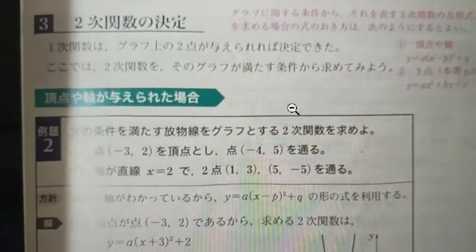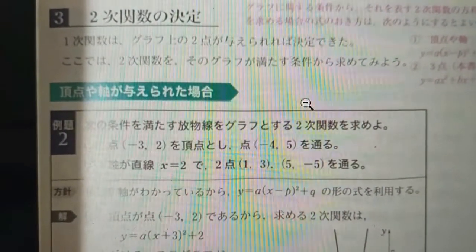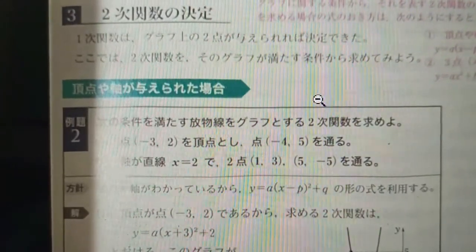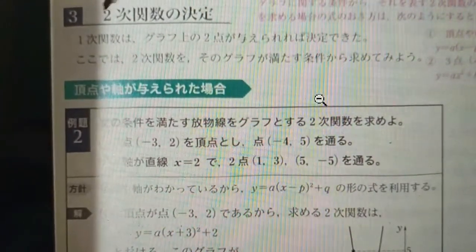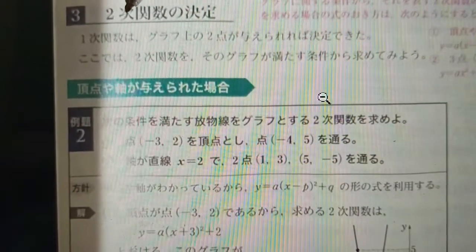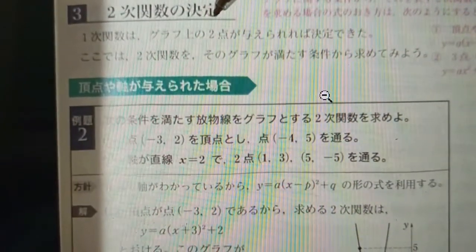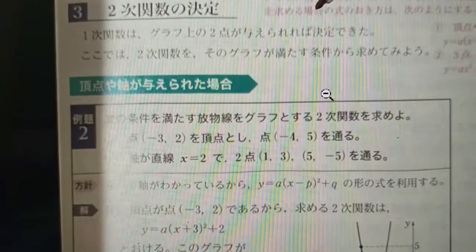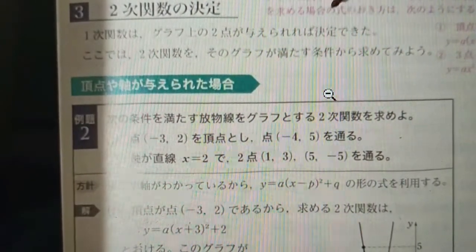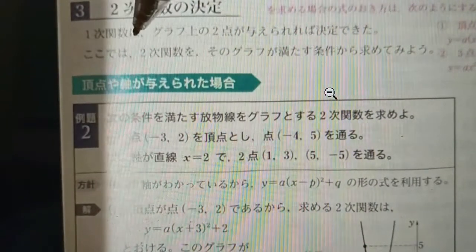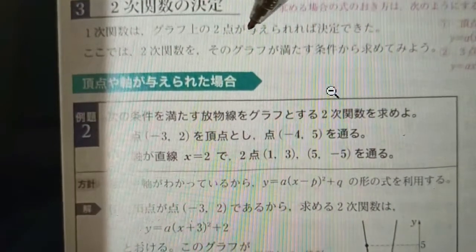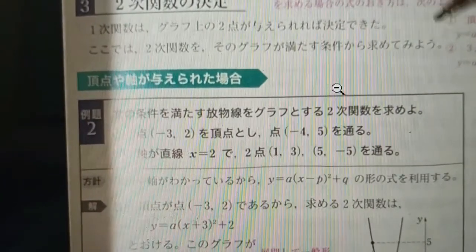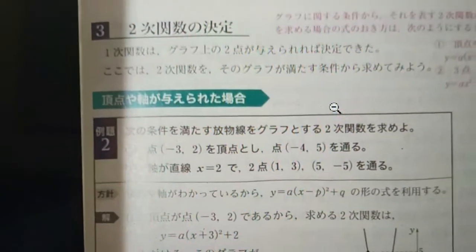Okay, Claire. Now we are going to continue to page 67. 二次関数の決定。一次関数はグラフ上の2点が与えられれば決定できた。ここでは二次関数をそのグラフが満たす条件から求めてみよう。Okay. Now,